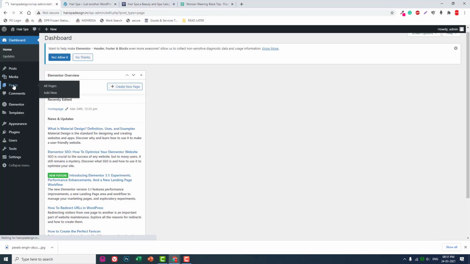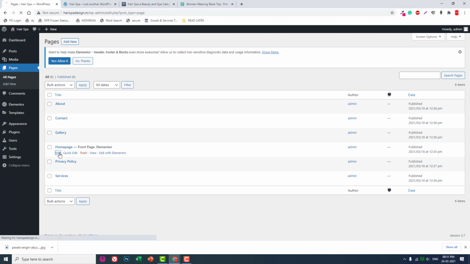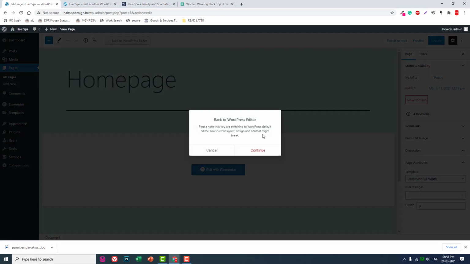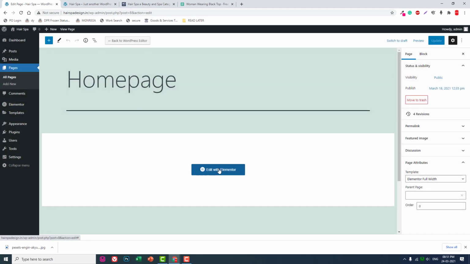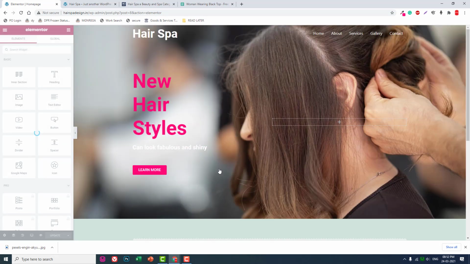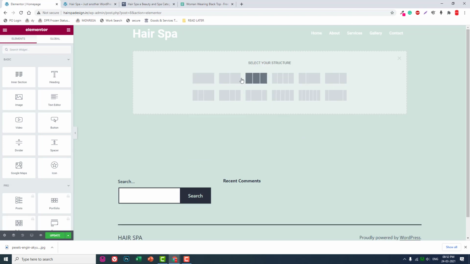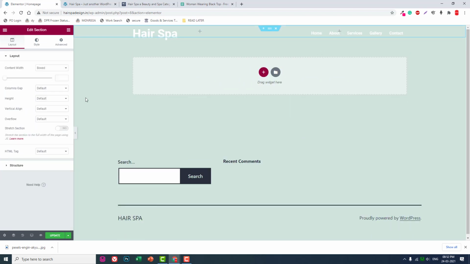Now let's go to pages, home page, edit the home page, and select the page attribute to Elementor full white, and then edit your page with Elementor. And then add a 2 column section here like this, and vertical alignment middle,